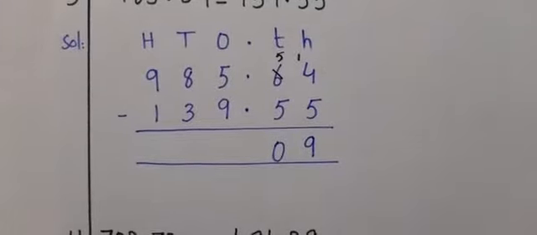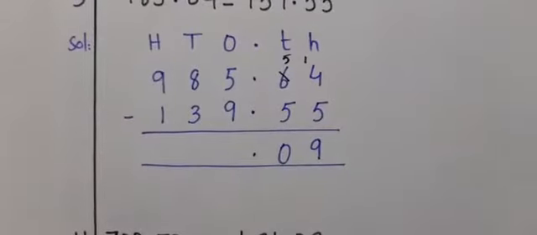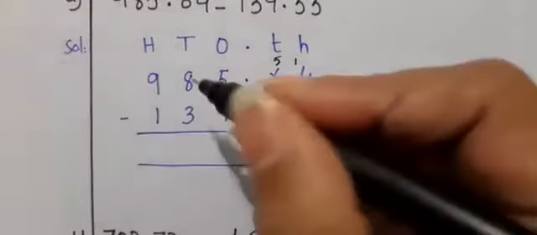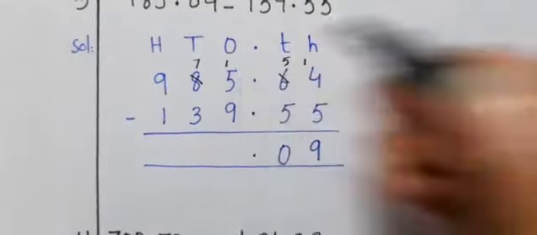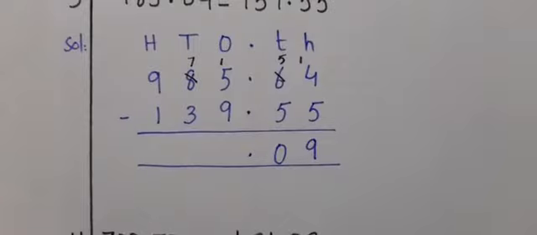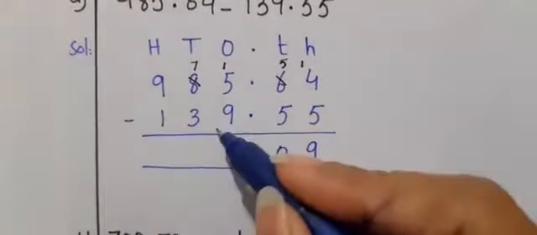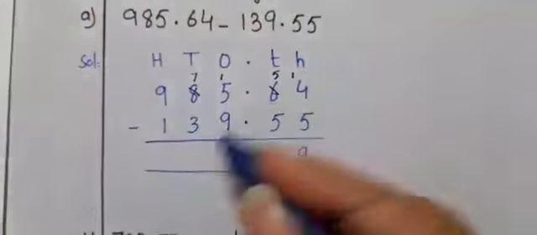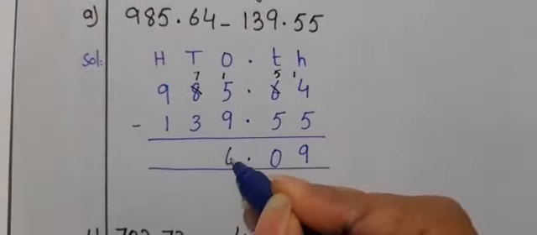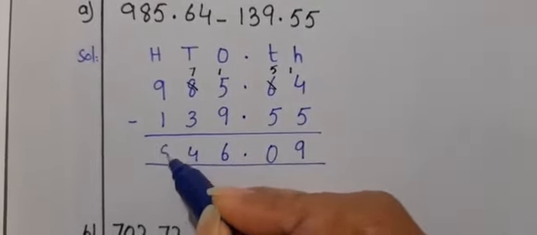Okay. And then we have to write the decimal point under decimal point. And again we cannot subtract 9 from 5. So what we have to do, we have to borrow from the neighboring digit. It will become 7 and give 1 to 5. It is now 15. 15 minus 9. Yes boys, please you can subtract it. I know that 15 minus 9, and you can also do it as you have 15 boxes on your fingers. So 9, and then you have these 6 boxes. Okay. 6. 7 minus 3 is 4, and 9 minus 1 is 8.